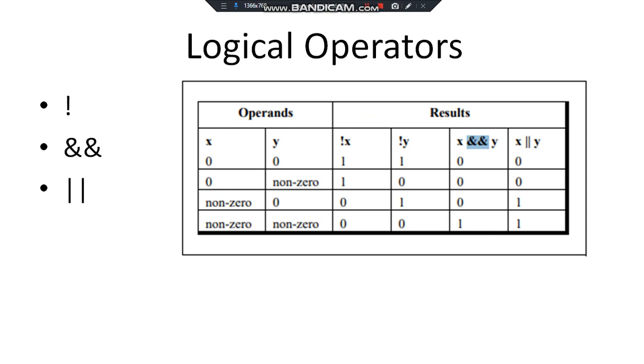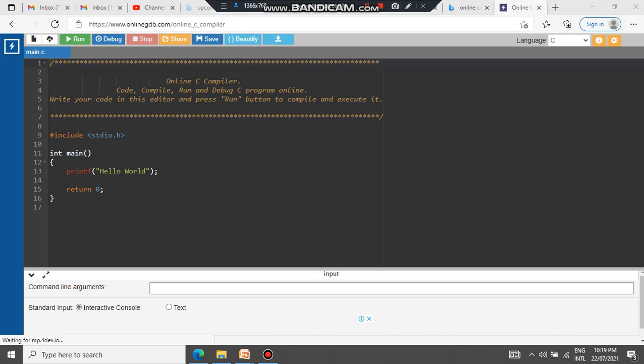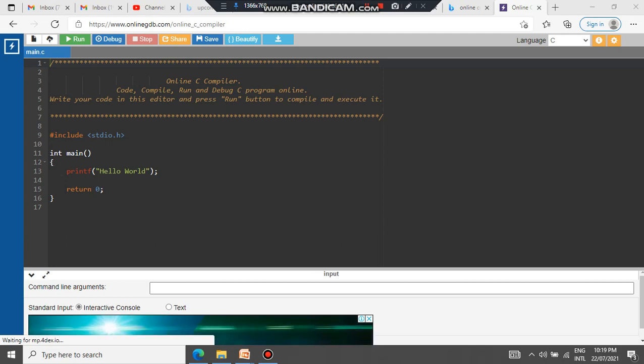Another thing, whenever we are discussing the if statement, we need to discuss the logical operators. But before discussing these logical operators, let us discuss a program. At least 2 programs we will discuss, which are based on this if else condition. Friends, before this we have already discussed one program for positive and negative numbers. You can go to that particular video and watch it. For your reference, I am putting that video in the description section of this video. But we'll discuss some other examples.